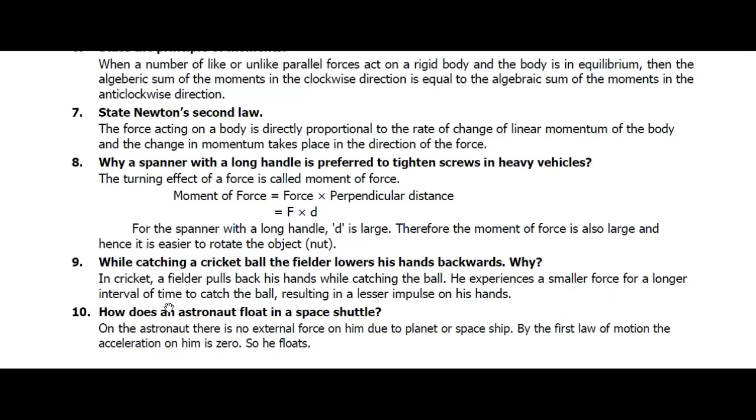Tenth question: how does an astronaut float in a space shuttle? The answer: on the astronaut, there is no external force due to the planet or spaceship. By the first law of motion, the acceleration on him is